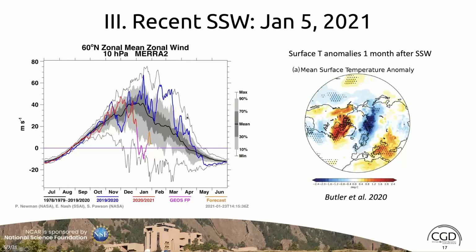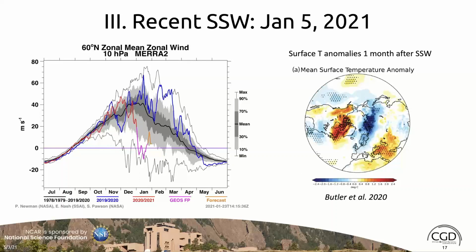These events happen on average every other year, but you could easily go 3 or 5 years without one. Very rarely, but you could. So we were very glad that during this testbed period for us, there was a warming brewing right around Christmas. This is just a picture I pulled from Twitter, probably from Amy Butler's Twitter feed, that there was actually warming that came right on January 5th. And it was quite a big event. So we were interested to see how well WACM did with forecasting this.